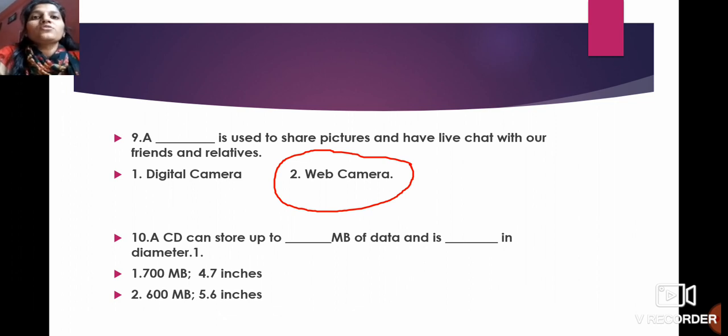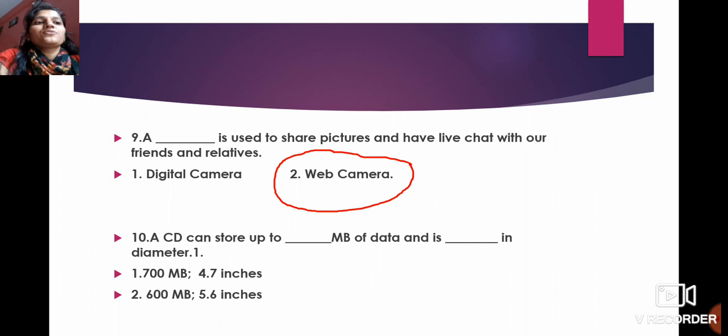We need not only a web camera, but internet also along with it. Then only it is possible to share pictures and have live chat with friends and relatives who are far from us. In this question, digital camera is also there, but a digital camera is only used to capture pictures and videos, right?